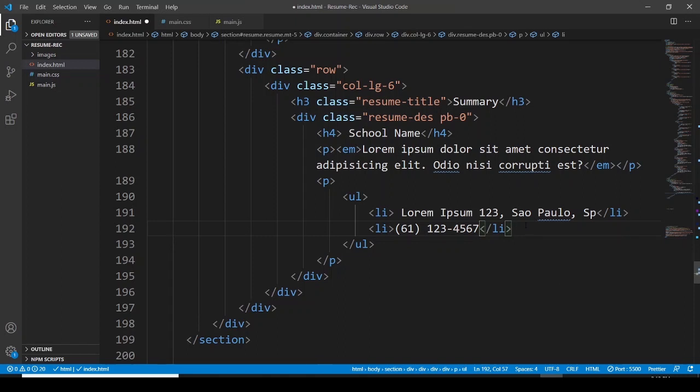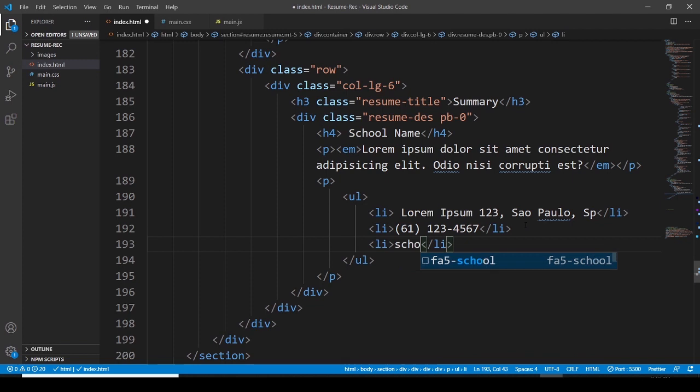Okay, then we have to go with another list item, which is going to be school name dot example.com,